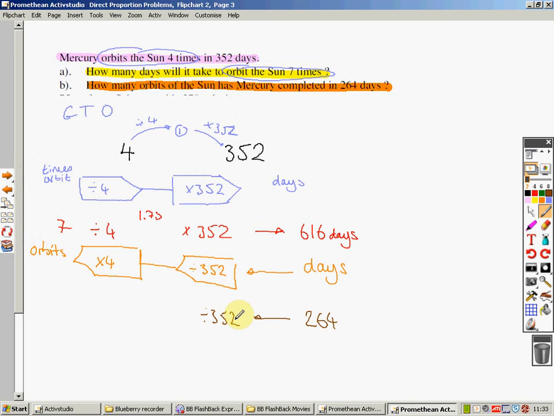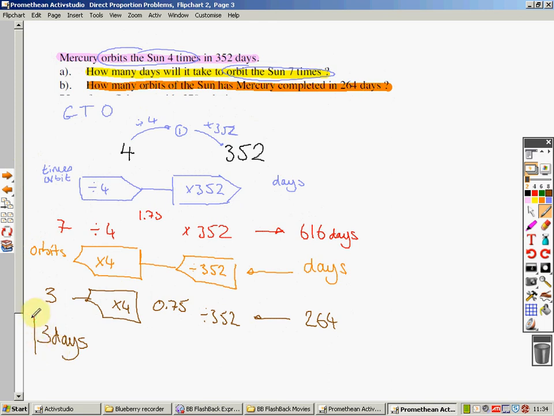Gives me 0.75. And if I times that by 4, I'll end up with 3. So it's 3 days. I could just leave it there, or I could go back and just check. Well, 352 days was 4 times, so 264, it's a bit less, it's a little bit less, and of course I've